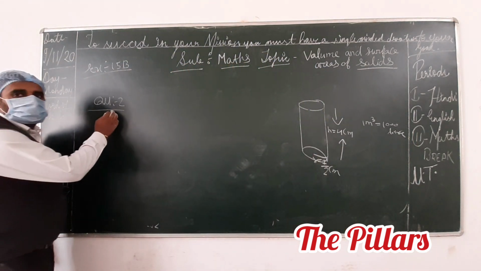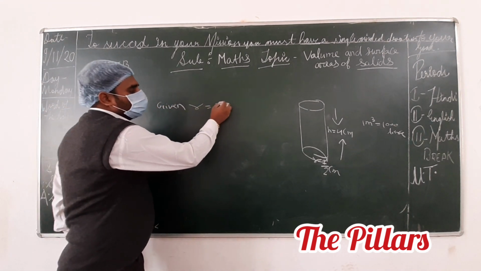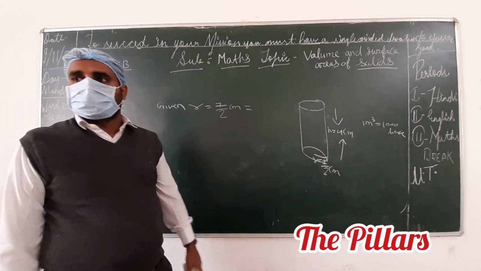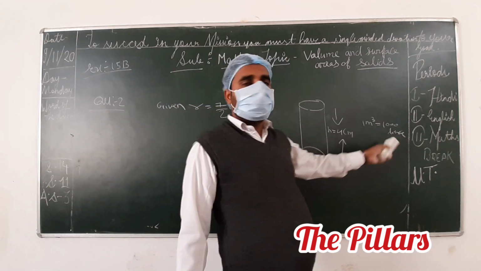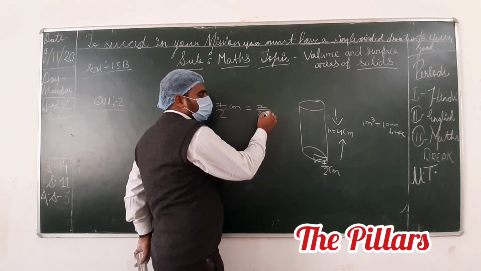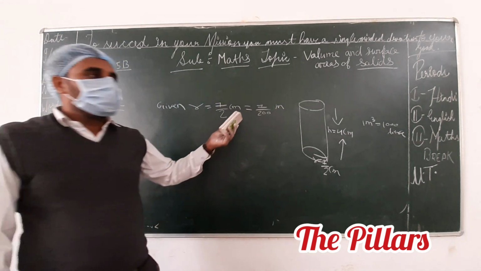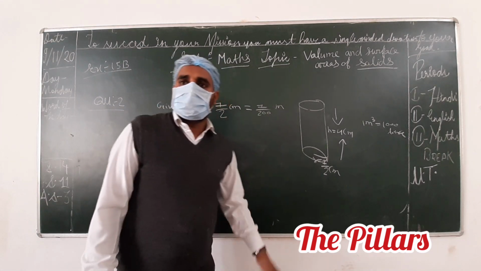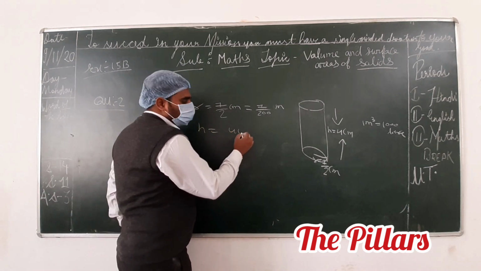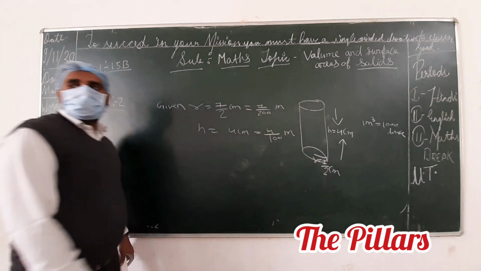Okay. Question number 2, write the solution. Given value of r equals 7 by 2 centimeter, but we have to convert it into meter because the quantity is required in liter. So 7 by 2 centimeter is 7 by 200 meter. Anyone have any doubt? To convert centimeter to meter, divide by 100, so 2 into 100 is 200. Value of h is 4 centimeter or 4 by 100 meter. Is here anyone have any problem?